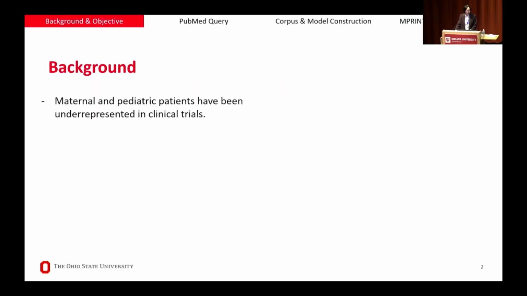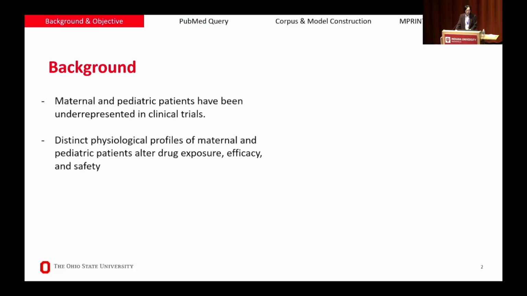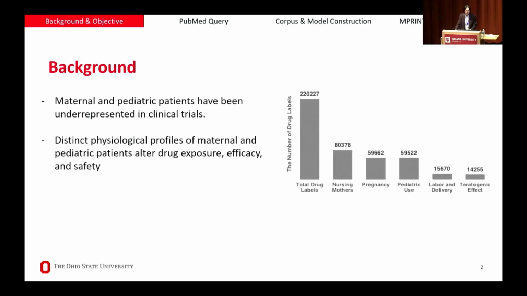Maternal and pediatric patients are usually underrepresented in clinical trials due to ethical and safety considerations. The distinct physiological profile of maternal and pediatric patients means that data from adult populations cannot be directly extrapolated to these two populations. Our counting shows that within the 220,000 drug labels, only a small fraction provided maternal and pediatric related guidance, so for the other parts, there are some potential risks